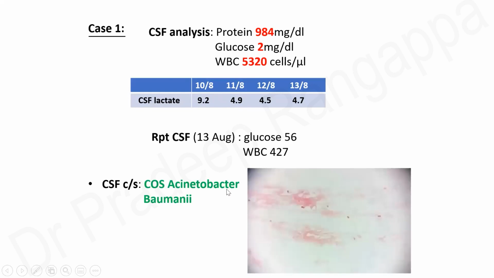And what was interesting about this was seldom do we see a bug growing in the CSF. So here CSF culture showed colistin only sensitive Acinetobacter baumannii. And this is the picture of the slide where microbiologists identified this Acinetobacter. So as you know, friends, this is a nosocomial sort of meningitis. So the patient has developed meningitis with Acinetobacter, which is definitely ICU acquired and possibly the drain was sitting in her.